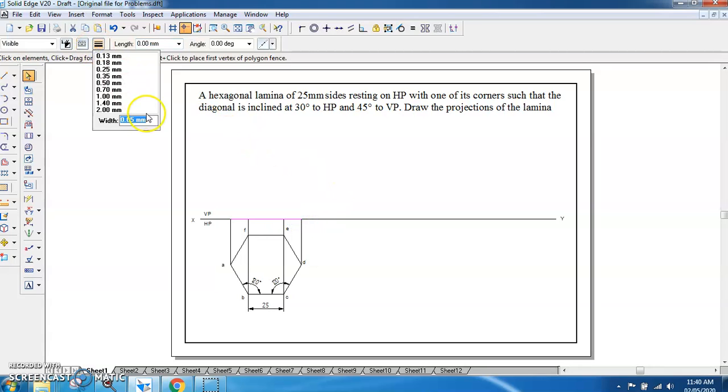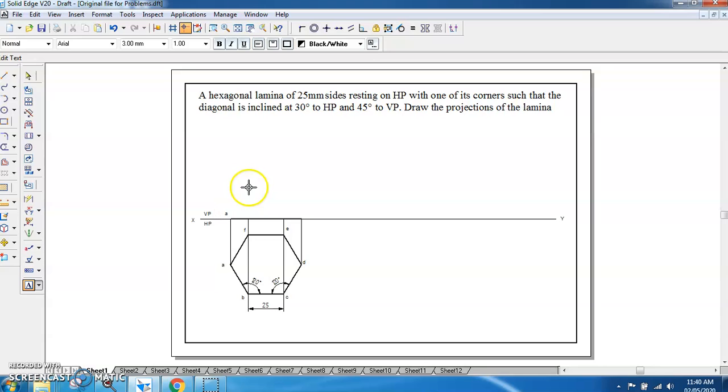Now we'll apply the line convention. So this is 0.4 mm, and all the sides of the bottom which are visible are also 0.4, like this. So the first stage is completed. We can also give the names here. This is A dash, this is B dash, in bracket F dash, then this is C dash, in bracket E dash, and this would be D dash. So the first stage is completed.